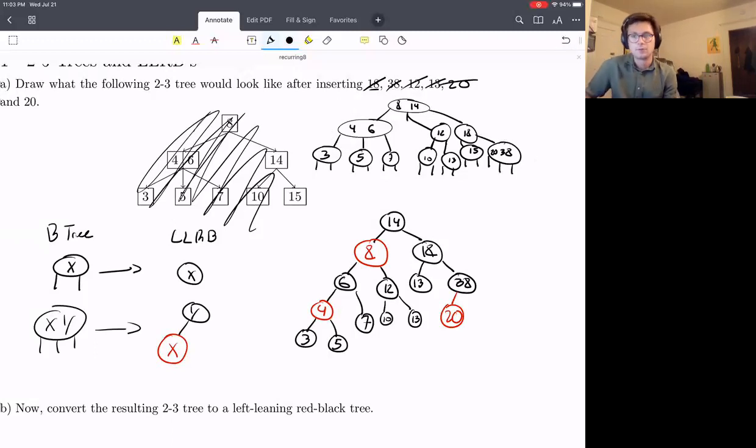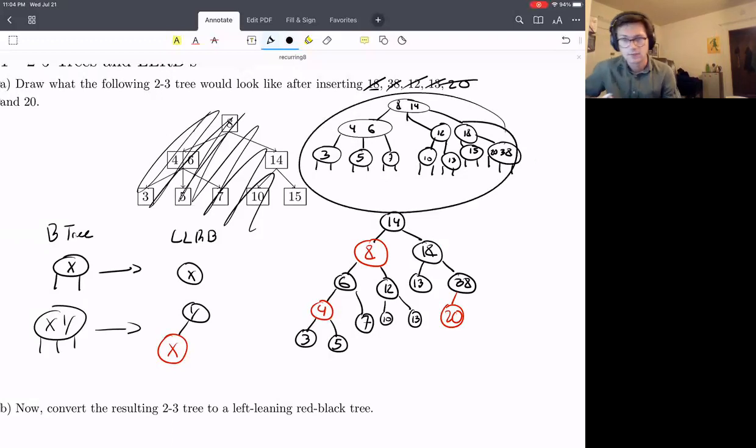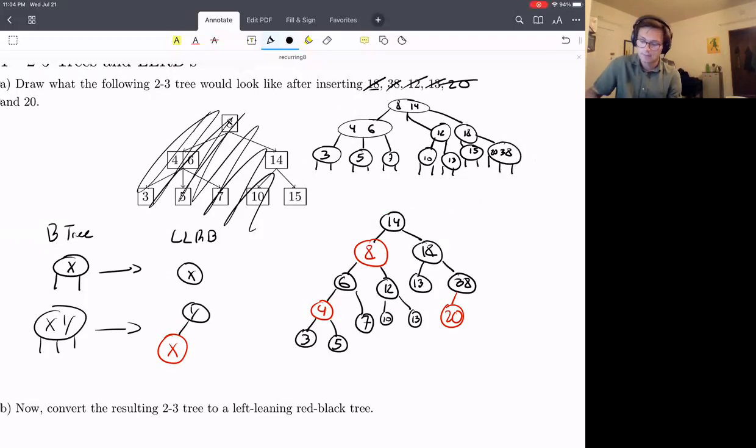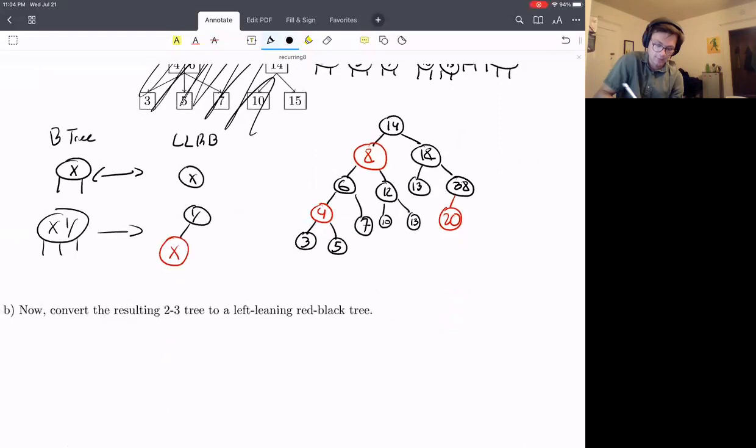Okay, so that's how you do an LLRB. If you ever have trouble trying to figure out how to insert an item into an LLRB because there are a lot of rules and rotations are really hard to do on paper, one thing you might try is to go the opposite way, turn it into a B tree, and then do the operation on the B tree, which I think is easier, then turn it back into an LLRB, and then you know how to do it. So again, you can just follow this process we did here, back around the other way,